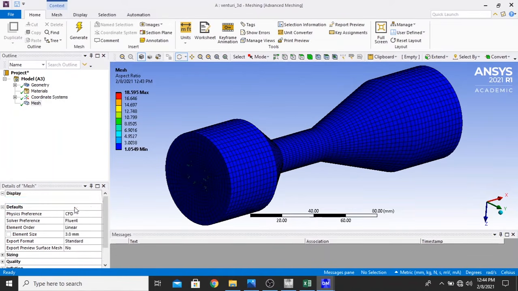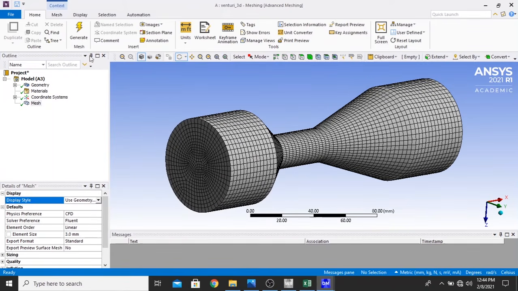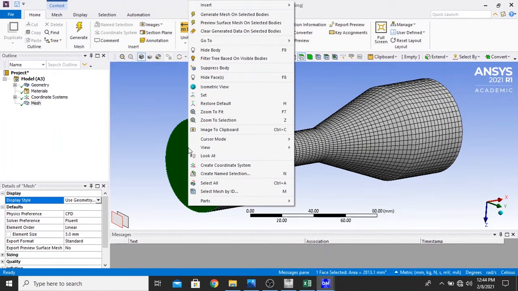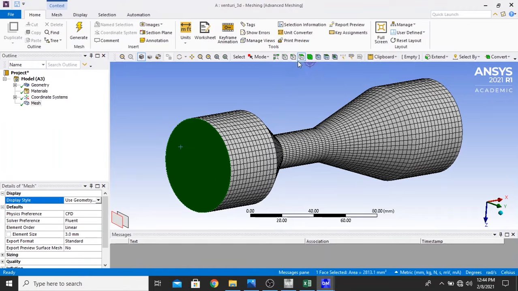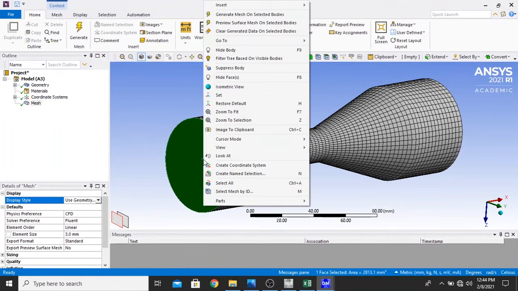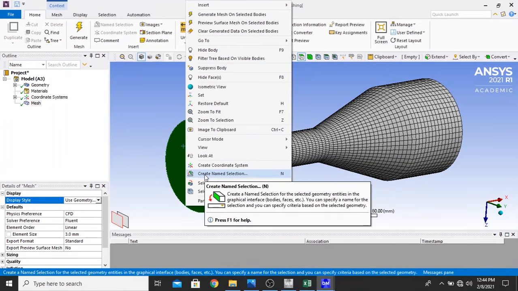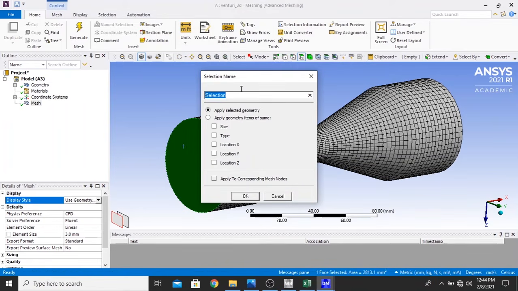I'm going to change it back to the geometry settings. The next thing to do is define the boundary conditions. Simply activate the face selection and click this face, because I'm going to use the converging part's surface area as the inlet. Right click on it, create name selection, and rename it inlet. Click OK, and then